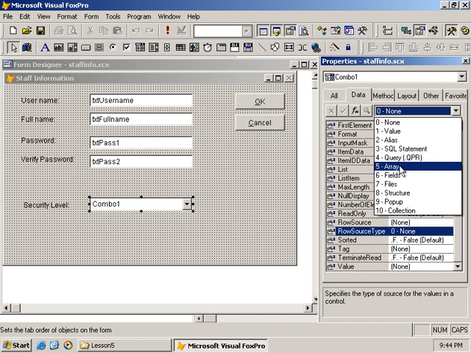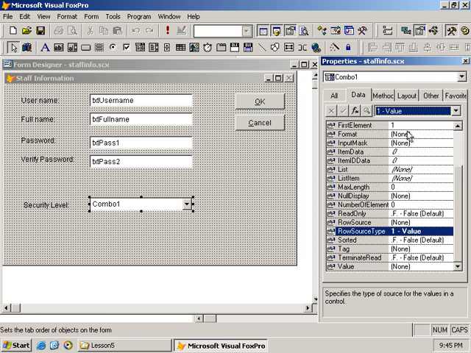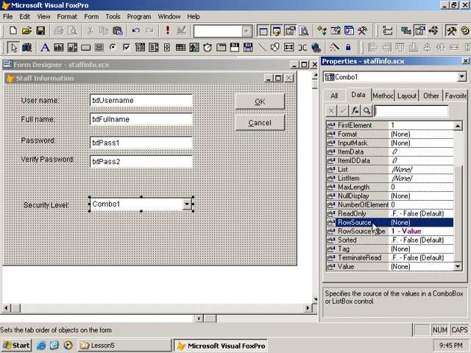We could use an array, which is what I tend to use most of the time, or fields, again from a table, or files, which will actually prompt you for files with the file open dialog. Haven't used that much. The structure of a table, another pop-up, and this is a new one, a collection, and this is nice. Okay, so for today we're going to be using the value type,